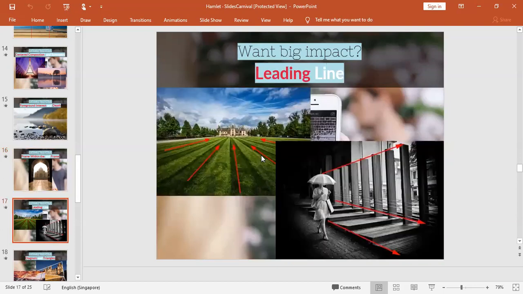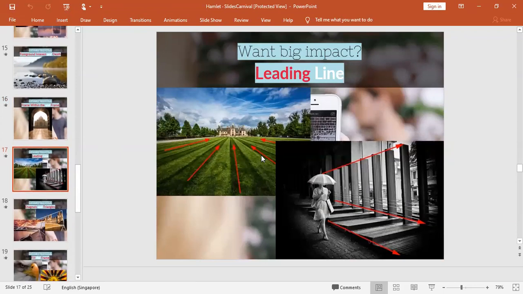And then leading lines. When you need to focus on an object and you use a line to lead to the object, that gives a better quality image. The focus will be on the object, because the lines guide the viewer, the people who are looking at your image, to go to the object. So through a line, you lead to your object. That is the leading line.